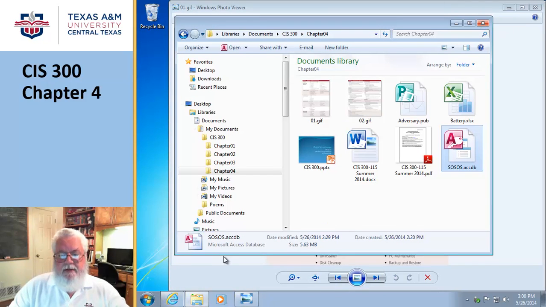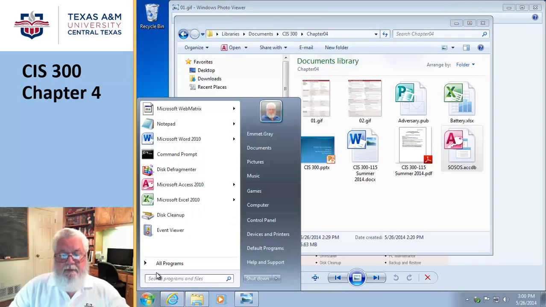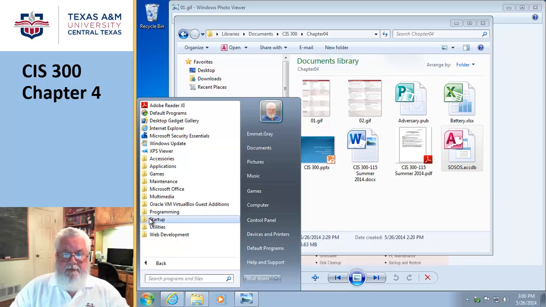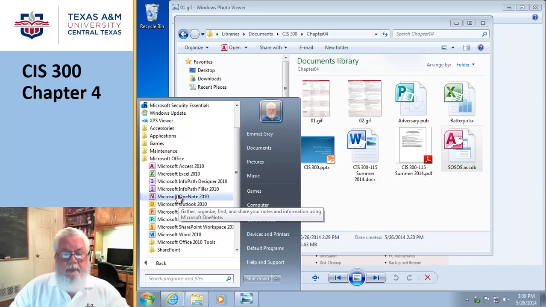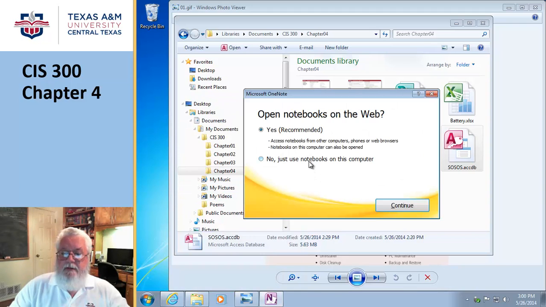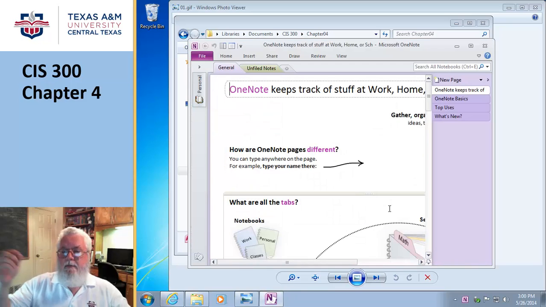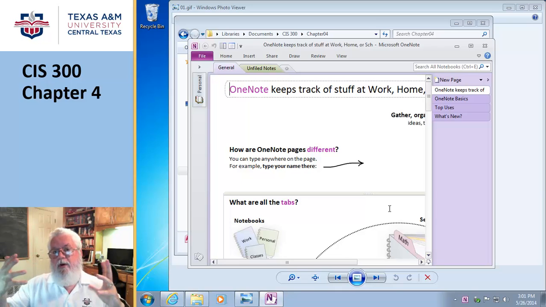There's an awful lot of software out there. For example, in Microsoft world, there's a piece of software called OneNote. And OneNote is pretty cool. If you have a pen-based computer, this is pretty cool because you can write with your pen. One of the cool things you can do is if I want to take notes,